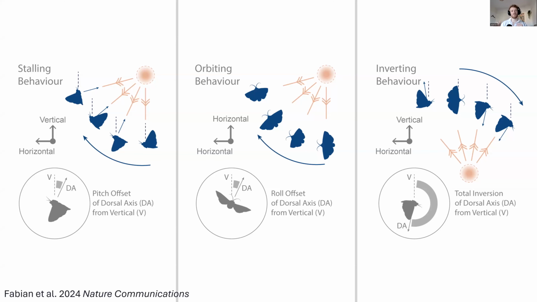So I've just mapped this out one more time. That stalling behavior really seems to be a pitch offset. They're pitching up to keep that light over their back. That's pushing their forward force higher and higher into the air, but actually they don't have enough force to climb like that. And so they're tilting and they're ending up on a new flight path. You have orbiting behavior, which is where the dorsal axis, or their back, is tilted towards the light as they're flying horizontally, leading them to travel in a big circle round and round. And then we have this inverting behavior, where they see the light beneath them, think that's the sky, and flip upside down and crash down out of the air.